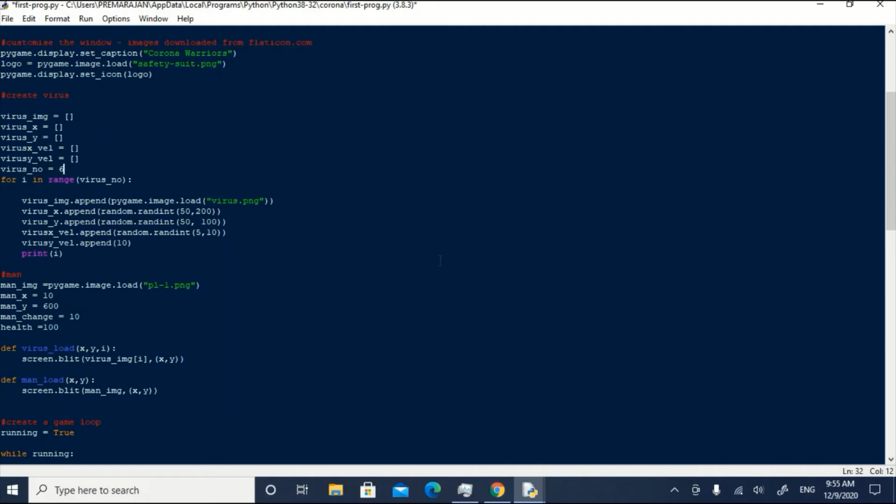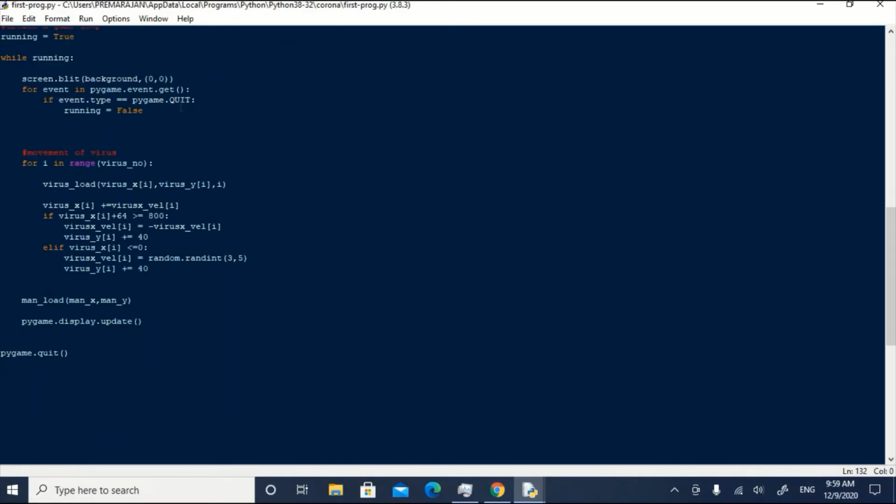We will modify the virus load function to include index i as a third parameter. It enables the function to identify the virus by its index number. When we call the function within the loop, we will give the index number for the x and y coordinates also. To release the virus on the screen, we will again use a for loop. It provides individual attributes to each virus, and the viruses start moving according to our script. The number of viruses, their location and their velocity can be altered based on the demands of our game plan.